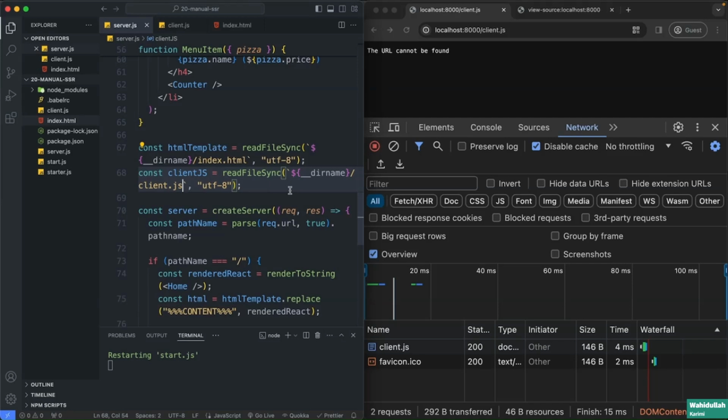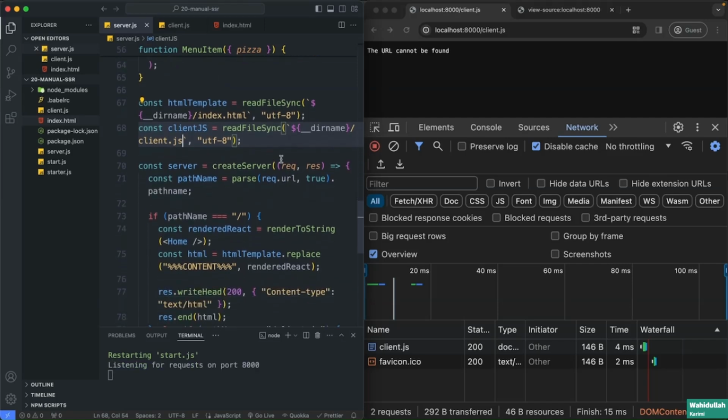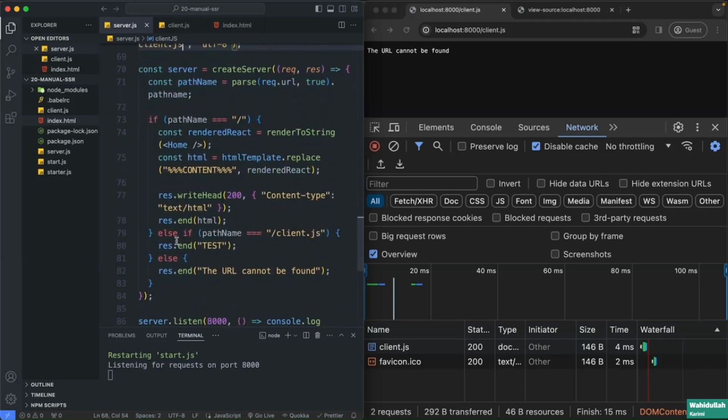client.js. And of course, behind the scenes, this is not really what Next.js does. So they have some bundlers and a lot of stuff behind the scenes. But again, here we just want to apply the concepts. The code is not really what matters. We just want the concepts themselves. And so for that, we are just hard coding here this client file to also be sent to the client. So when the client requests it, then there will be basically a route here, and then we can receive that